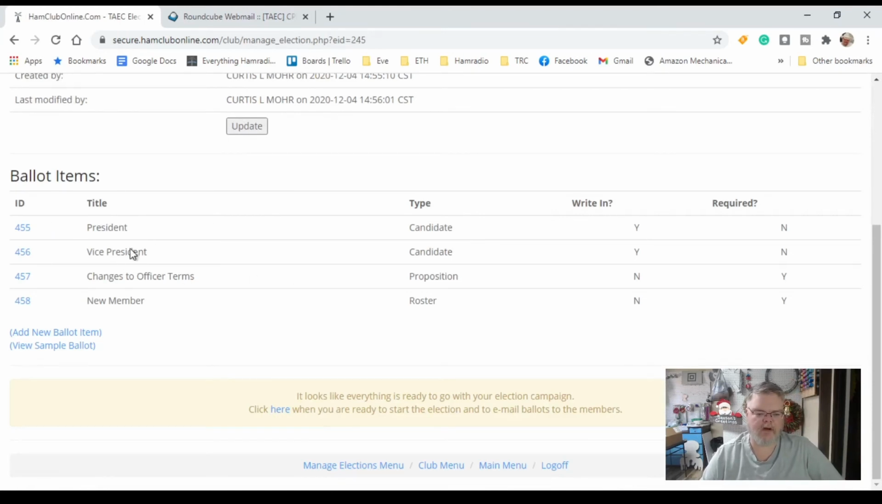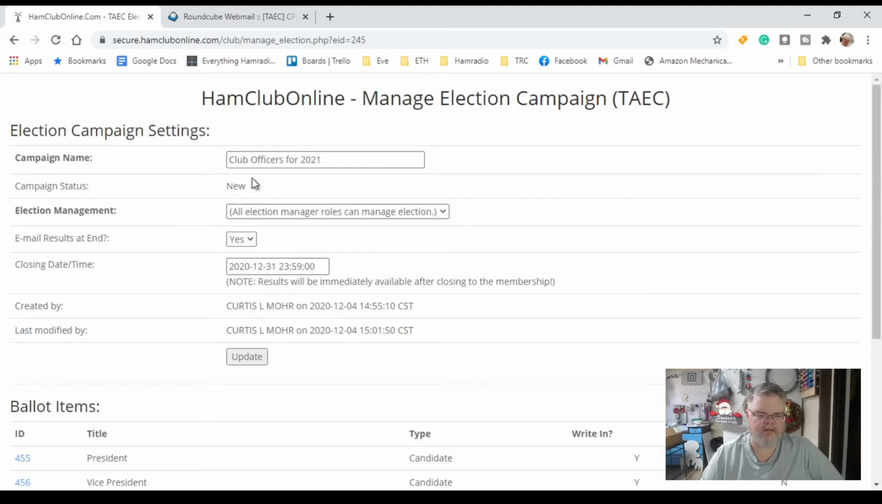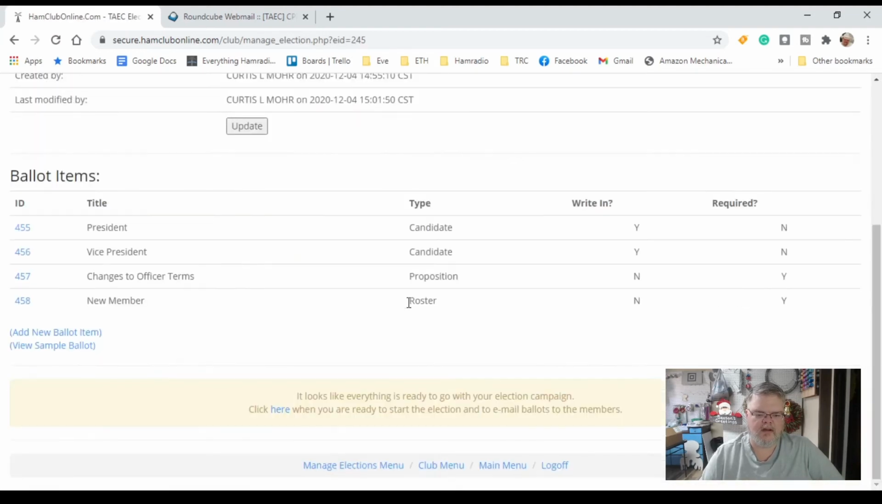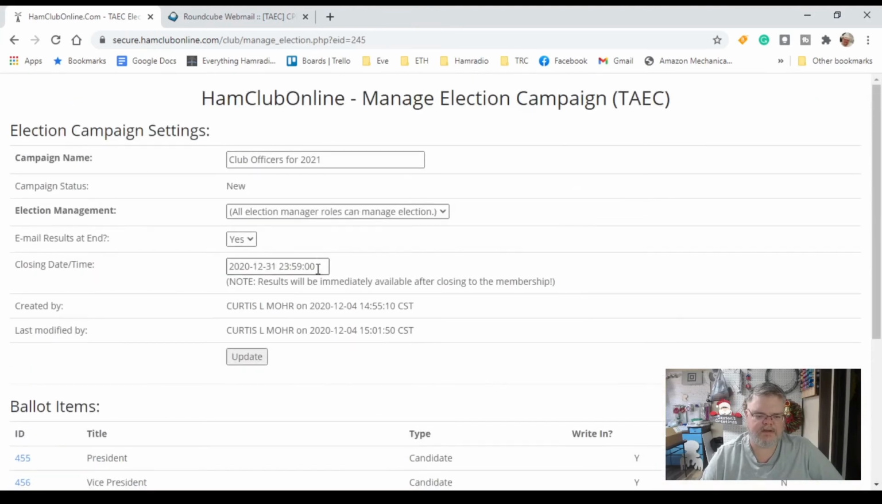All right, so this is going to have 3 portions. We're going to vote for our officers, we're going to vote for the officers' terms changes, and for the new member that is going to be in there. So we're going to click on update there. And there it is. So down here at the bottom, if it looks like everything is ready to go with your election campaign, click here when you're ready to start the election and email ballots to members. You know what? Let's change this to 2020